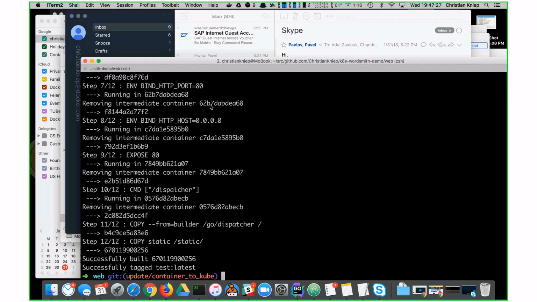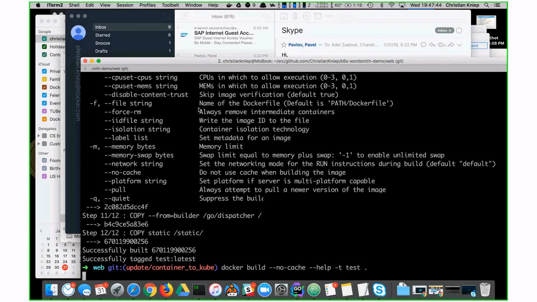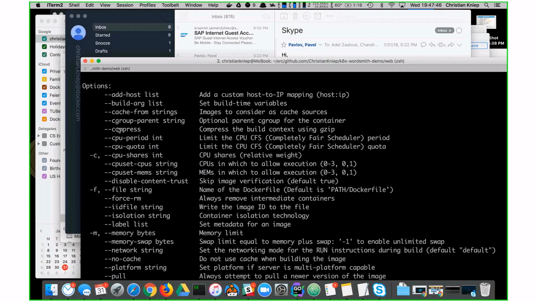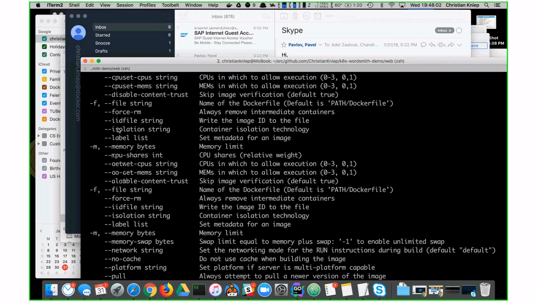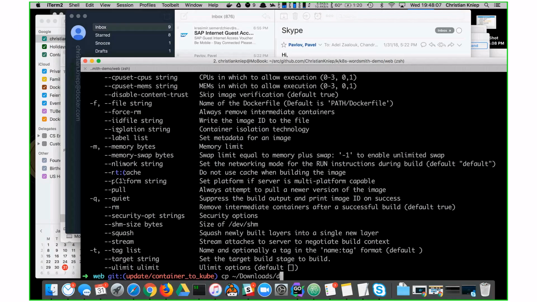Because you cannot access your file system, right? If you have a remote engine, for instance, then it won't be able to access your file system to add all the stuff that you stated in your Dockerfile. So what it does, it just sums it up, and there's an option to even compress it. So you could say, I think it's compress here. So it will compress the build context before it sends it out. So if you have a remote machine and you have a lot of text files that are big and you need to push it over to the Docker engine, you might want to use this to compress it first. Anyhow, but if you have big files in there, then that's pretty painful.